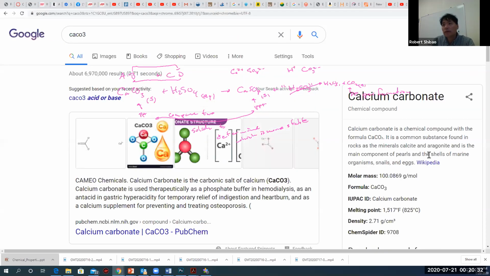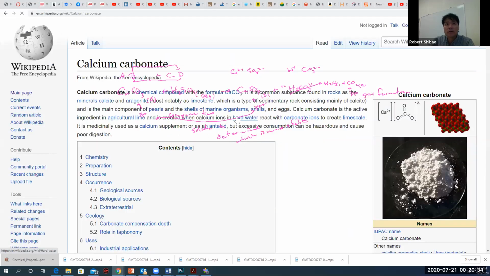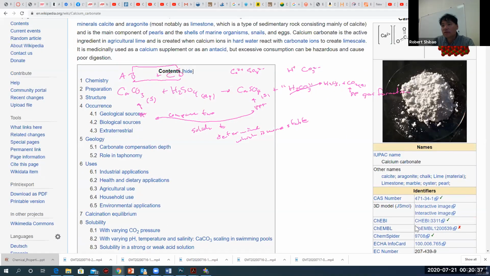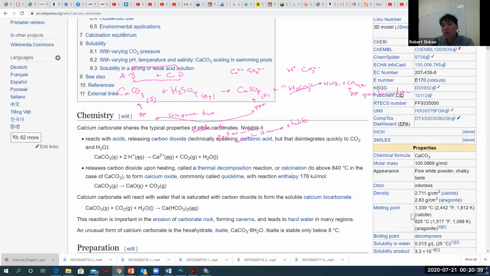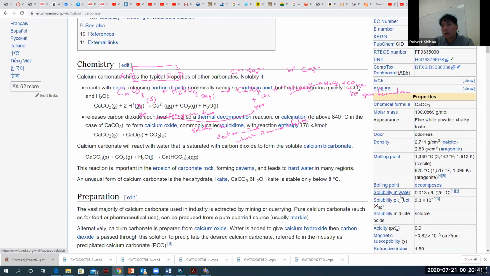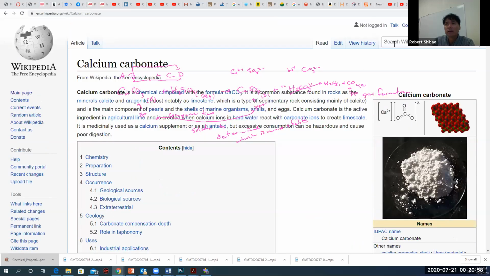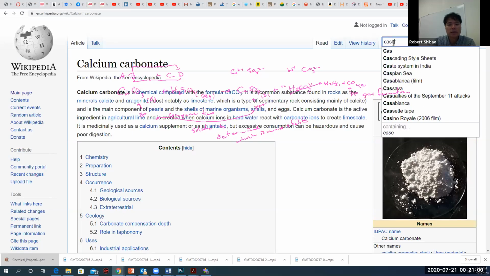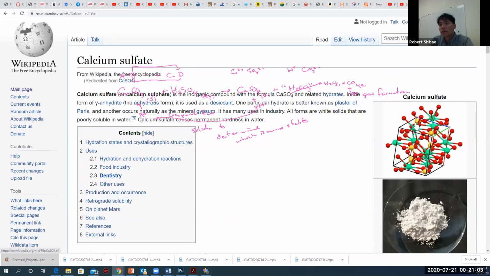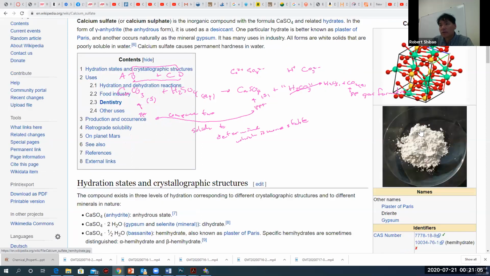And so if we go to Wikipedia, let's take a look at calcium carbonate here and go down. These are physical properties here on the right. We scroll down here, soluble in water. This is taking a liter of water and you could dissolve 0.013 grams, or 13 milligrams, in a liter at 25 degrees C. So remember that number, 13 milligrams per liter for calcium carbonate. Now we're going to search for calcium sulfate and take a look at its solubility, which is this white solid here.